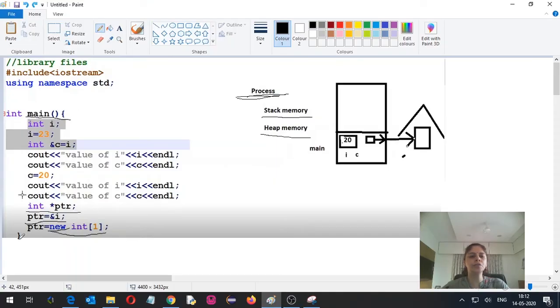When we reach the end of the main method, our program execution is over, because of which the memory allocated to this process will be deleted by the operating system, and hence this entire memory, the stack region as well as the heap area, where our program is loaded in the memory, the entire region will be released by the operating system, and that will be made available to other programs. Whenever you are using the new operator, there is a concept called memory leakage. We are going to talk about that concept in further videos.